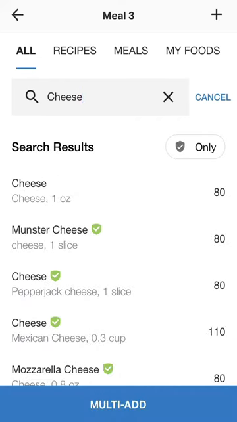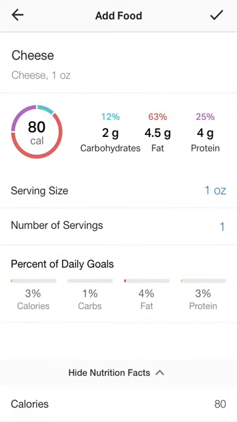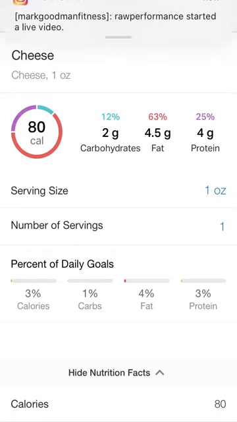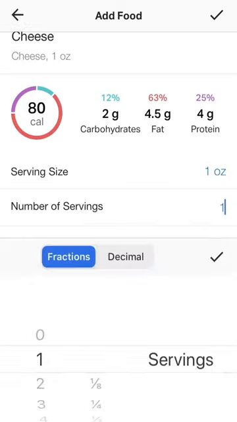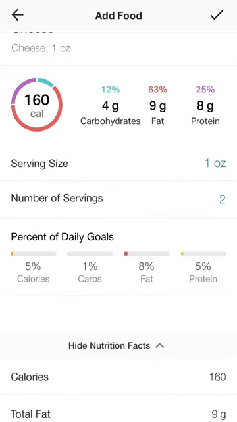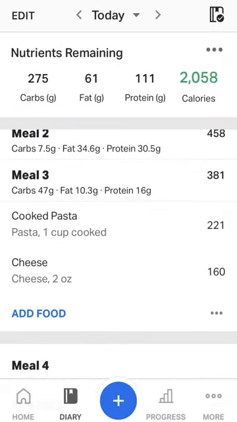Okay, so I'm going to click the top one again just for demonstrational purposes. It's 1 ounce of cheese. Again, measure the cheese, be accurate, know what you're putting into MyFitnessPal, because if you're not being accurate, there's absolutely no point of tracking. Okay, let's say I had 2 ounces of cheese on top of my pasta bake,